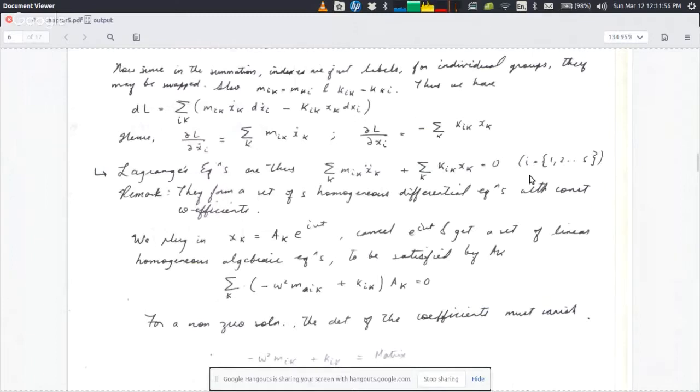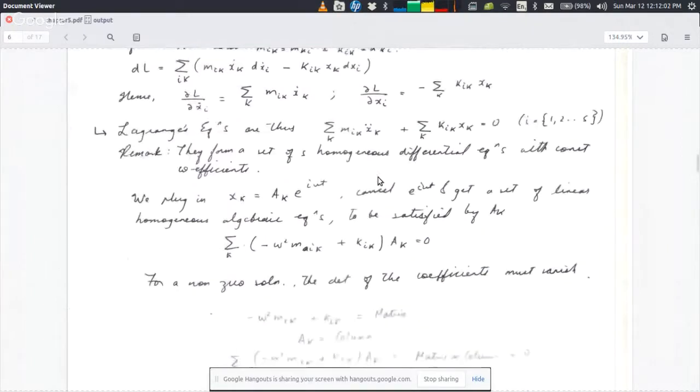So now the point is that solving this differential equation in general is going to be complicated, and we want to find a reasonable looking form in terms of matrices. And to do that, what we first do is we substitute for xk, ak e power i omega t. Okay, this is something we can always do, and obviously we take just the real part of this as our solution. So when we plug this in, we get an equation of this form.